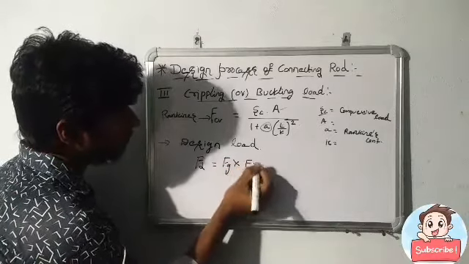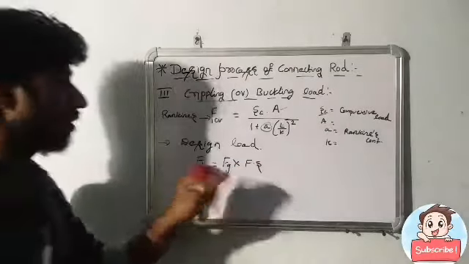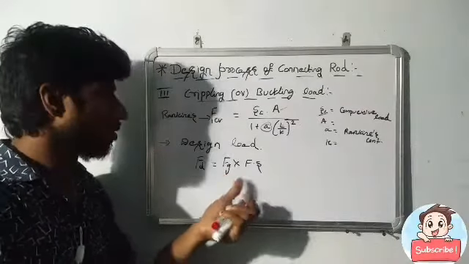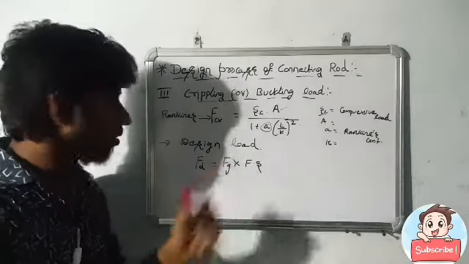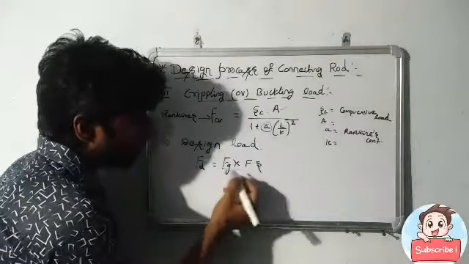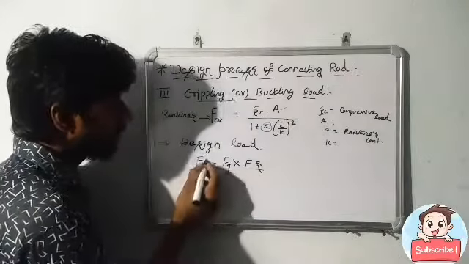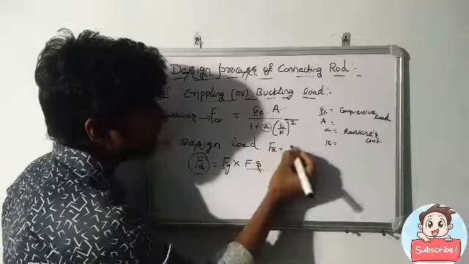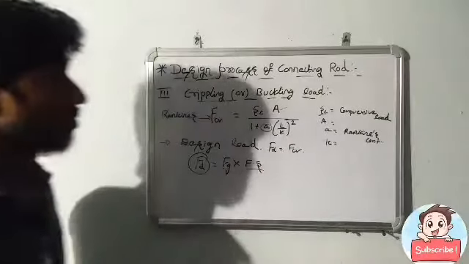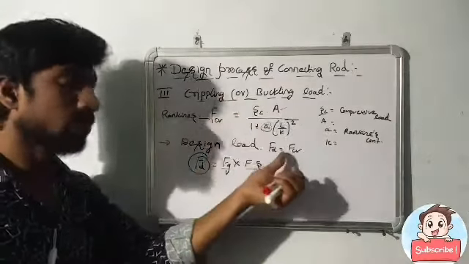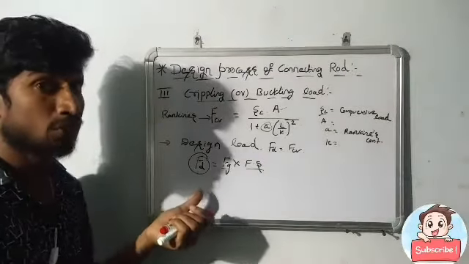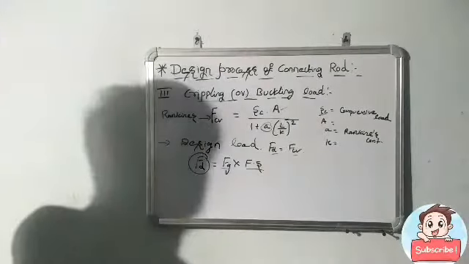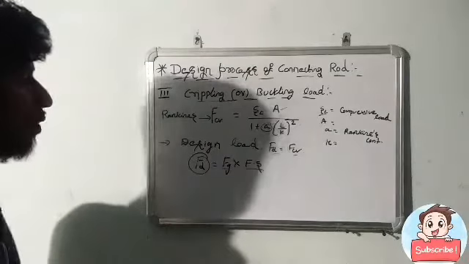Fg into Fs. We already found in the first step the gas pressure load or steam pressure load, and Fs is the factor of safety. With the product of Fg and the factor of safety, we get the design load. The design load equals FCR, that crippling or buckling load, which we assume is equal to the design load. So this is about the crippling or buckling load, and go to the next step.